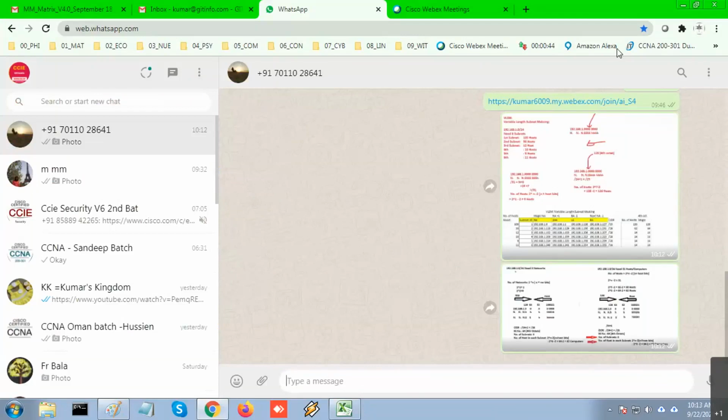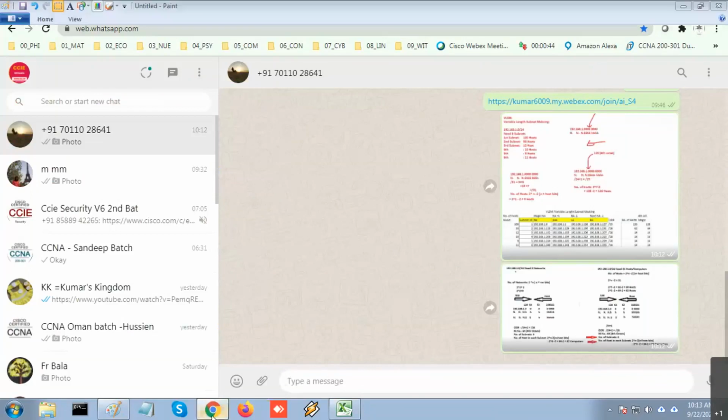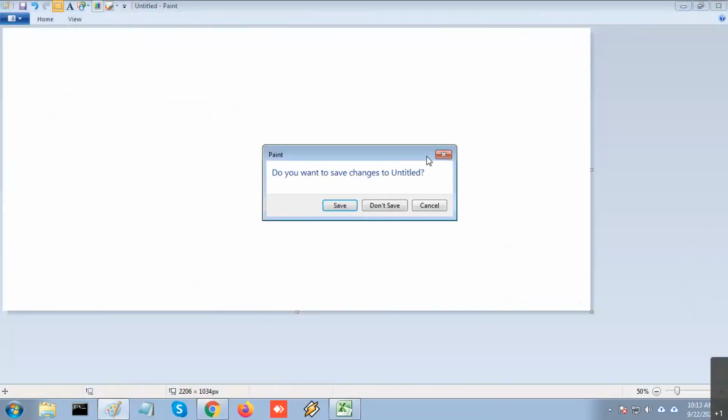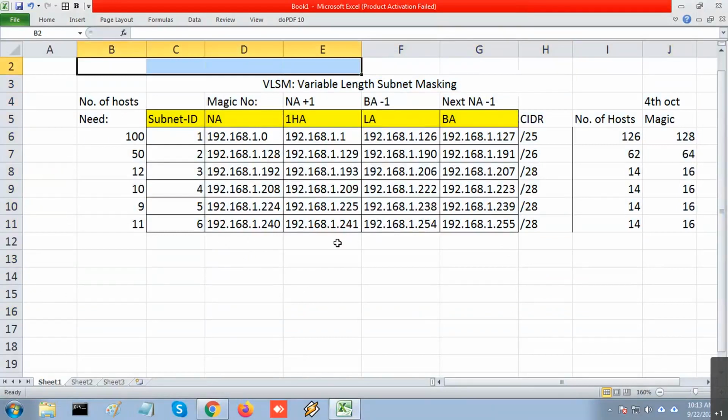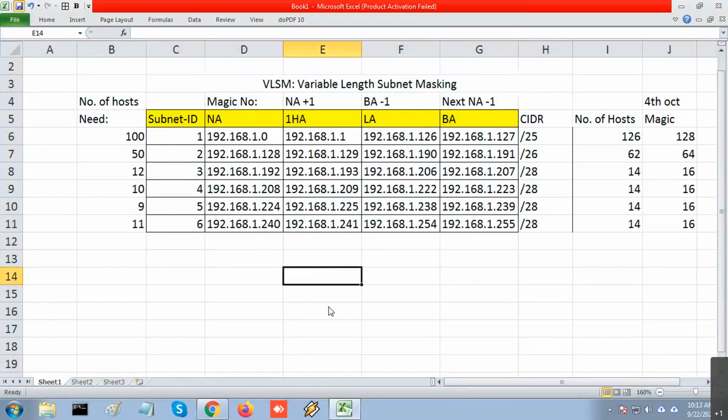Yeah, I got it now. You try this and try other labs also. If you have any doubt, just WhatsApp me the answer like this, the full range table. Put the question and give the full range table. If you have doubts or want to clear anything, give the answer in the full range table, take a photograph with your mobile, and put it on WhatsApp. Whether it's right or wrong, I'll tell you. Wherever you get stuck, just take a photo and send it.